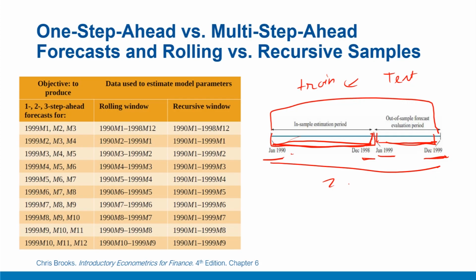So we use a certain set, and how many is up to the researcher. Generally a good ratio is 70-30 or 80-20. So on 70 to 80% of the observations, the model parameters are trained, and once the model is trained, we try to predict on the remaining observations and then test the model accuracy, which is called out-of-sample forecasting. So this was the in-sample estimation, and this is out-of-sample forecasting, or evaluation of the model period.